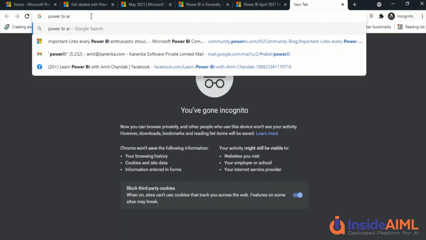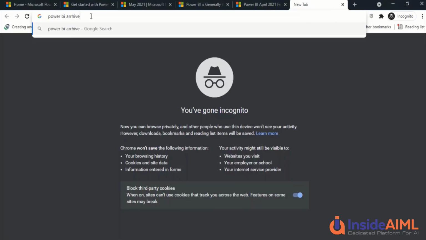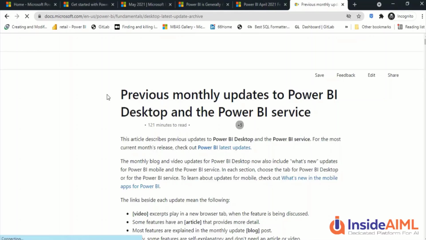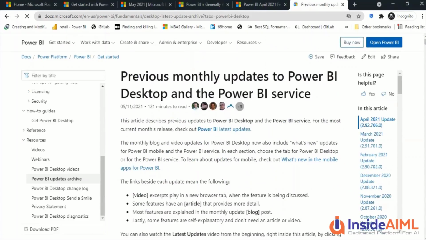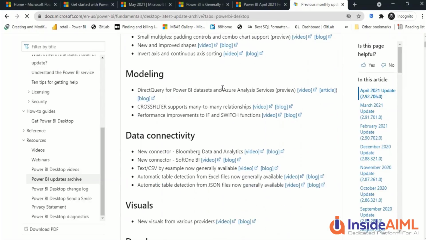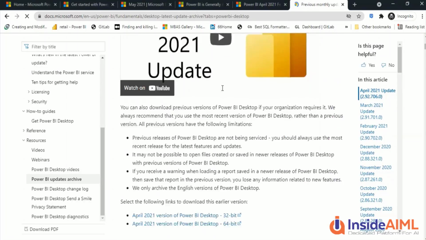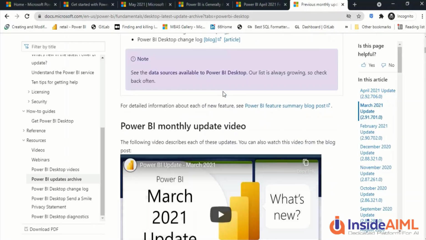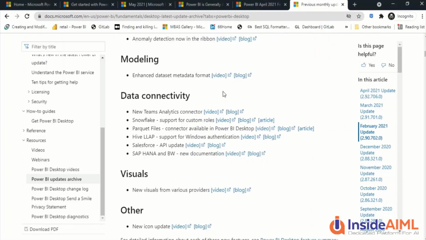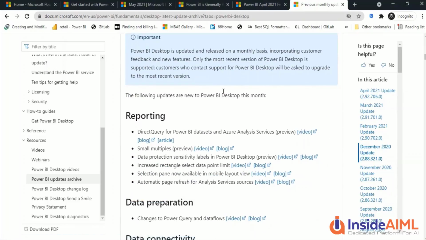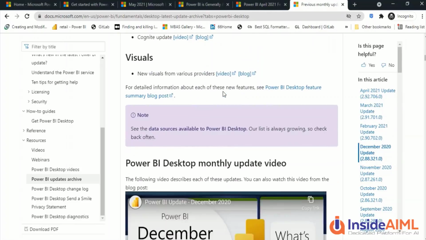Now what we do is we are going to search more, and you might require the previous versions. So we can search for Power BI archives and we can get the previous monthly updates. And what will happen, the link to the previous monthly update would be at the end of the documentation of that monthly update. So just before the end of the April update and start of the March update, you will get the link for the March. Similarly, for February, you will have it just before the January.